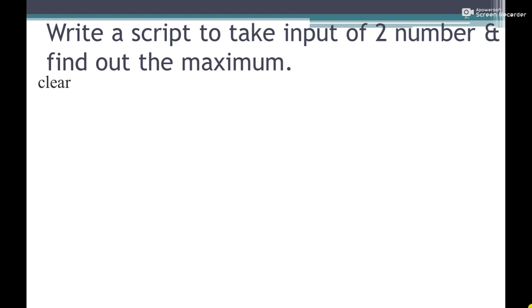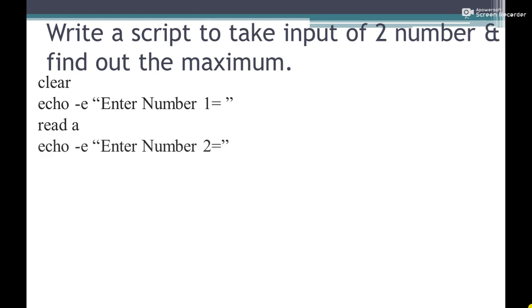Then we will write clear to clear the screen. Then echo -e "enter number 1". Then read A. Read is used to take the input, and A will store the answer in the variable A. And then we will take echo -e "enter number 2", and it will store into the variable B by taking the input with the read command.